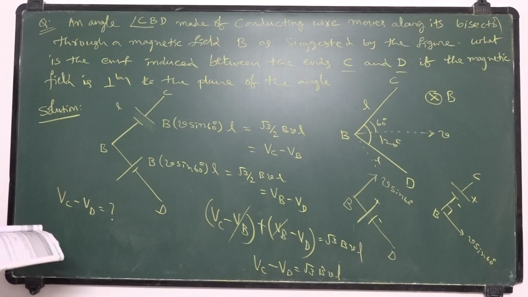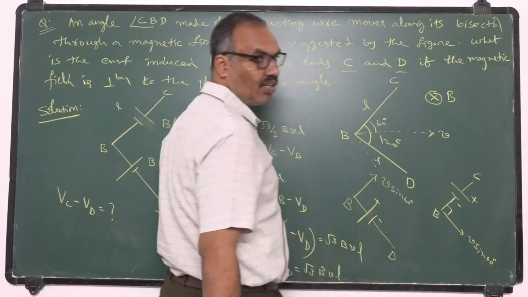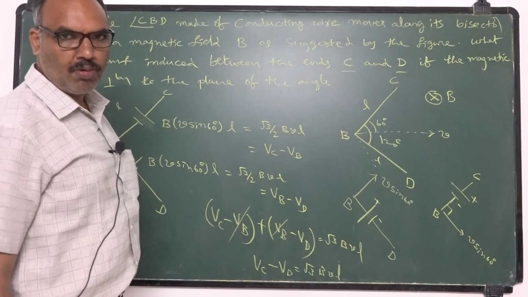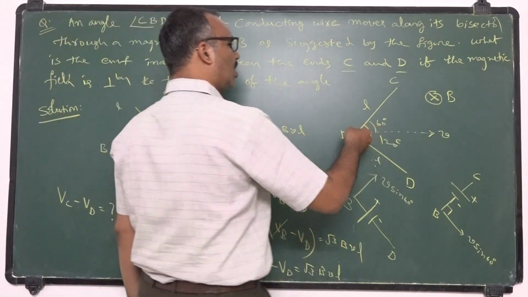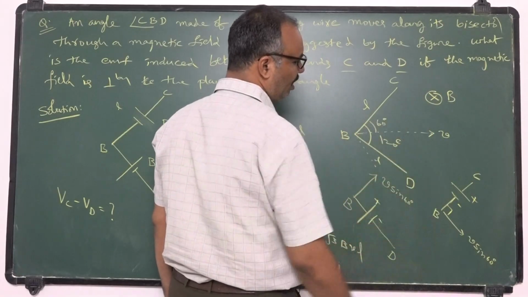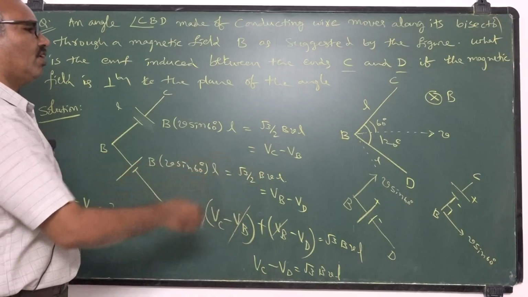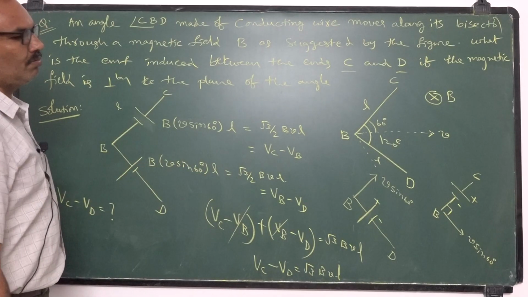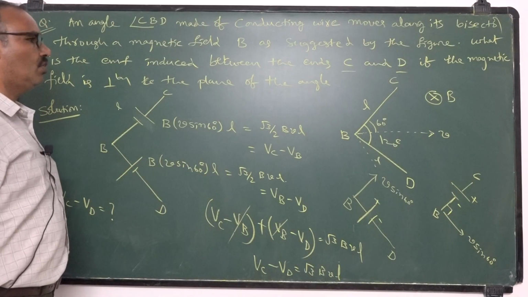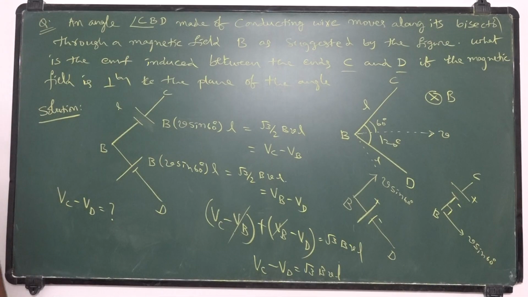Most important model for competitive exams. I hope everybody understood. Here, this velocity is having two components, one component parallel to the length of the rod. As per the earlier problem in the morning session, if velocity is parallel to the length, it will not create EMF. If velocity is perpendicular to the length, it will create EMF. So the created EMF is helpful for us in solving the problems. I hope you understood the ideas clearly. Let us go to the next problem.